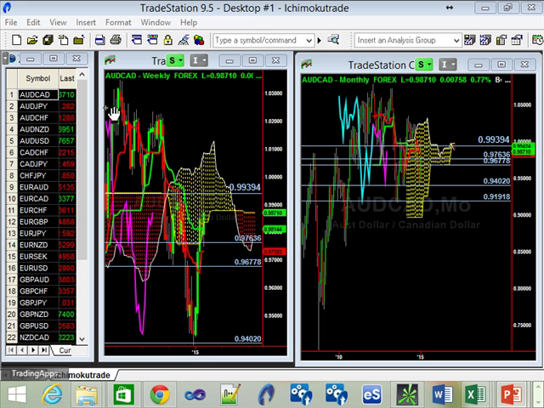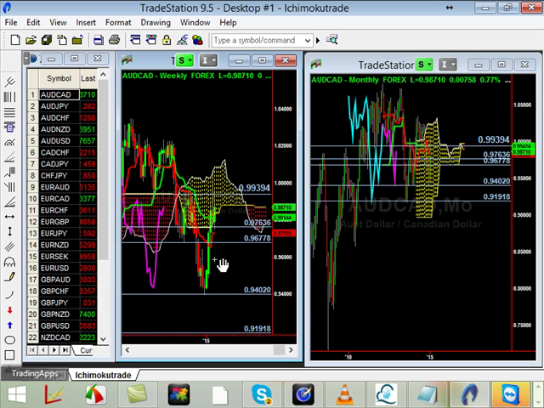There it is. If you look at Australian CAD here, if you look at the monthly time frame, it's really not doing anything except consolidating right now in an ugly pattern. As you can see, the consolidation pattern is squeezing tighter and tighter, where the resistances are going down and supports are going up. If you look at the weekly time frame here, it started a bearish trend,